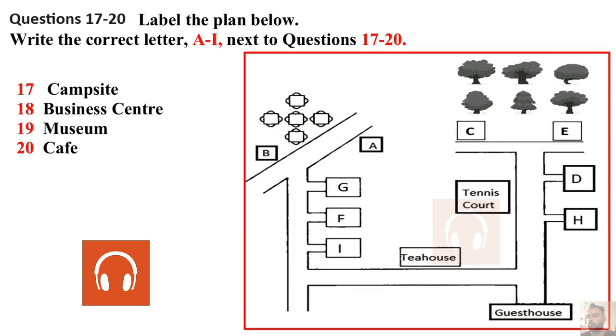To spend a delightful afternoon with a book and a fresh cup of coffee, you can go to the only cafe in the park. From the guest house, you go straight, then take the second right, and you'll see the cafe right in front of you. You might want to check out our all-season tennis court, which offers instruction for all ages and skill levels. It is located right opposite the cafe.